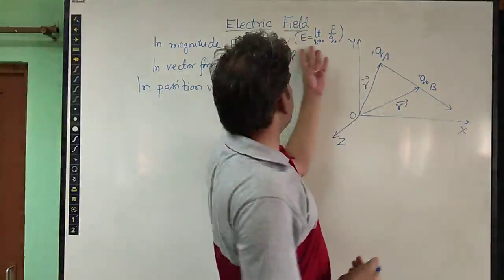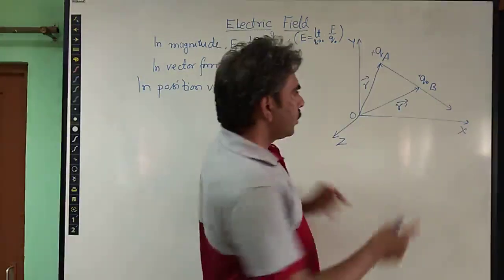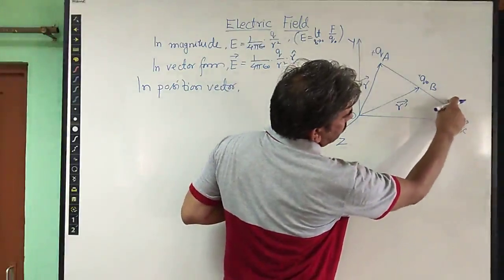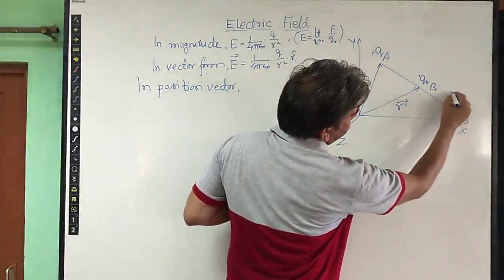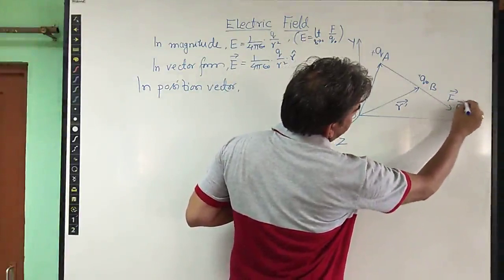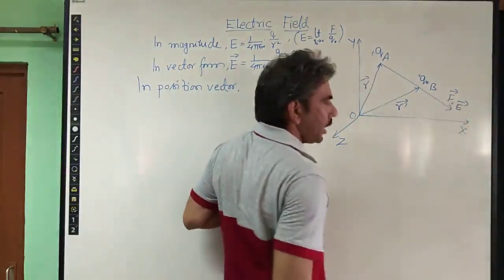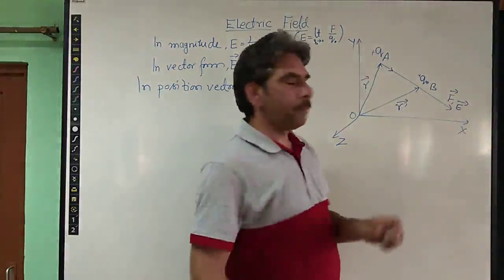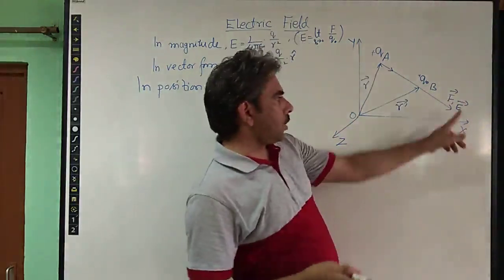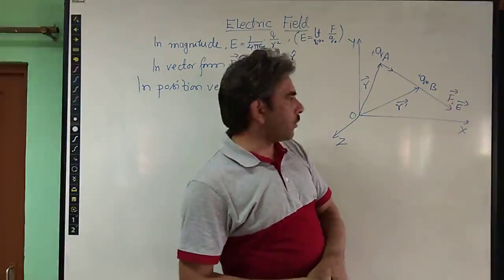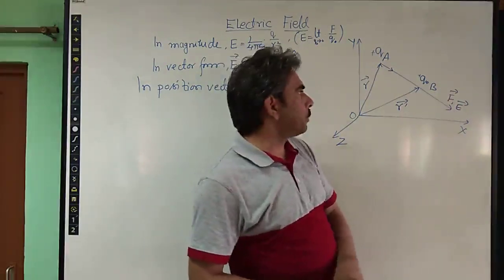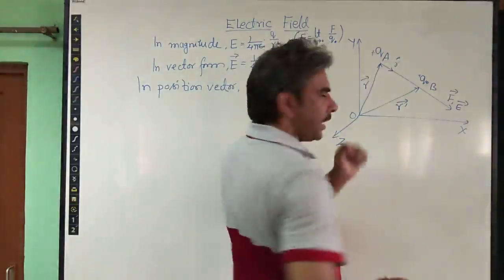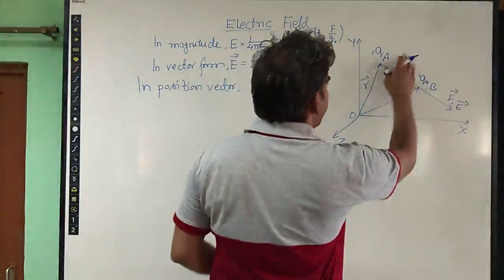It can also be understood clearly from its definition. The electrostatic force F and E will have the same direction, and here is the unit vector along the direction of this electrostatic force and electric field, which we write as r cap. So in terms of position vector form, how do we write this?